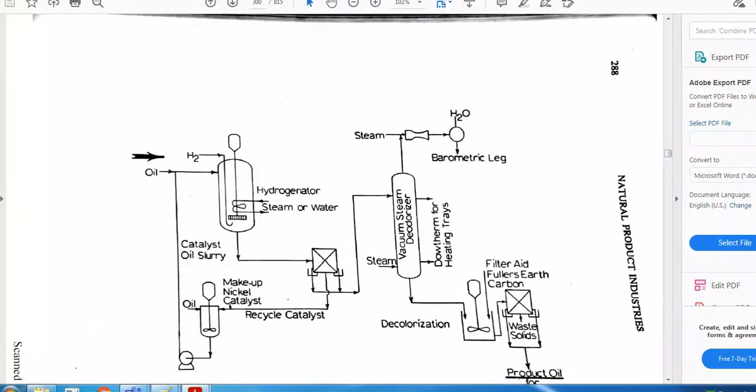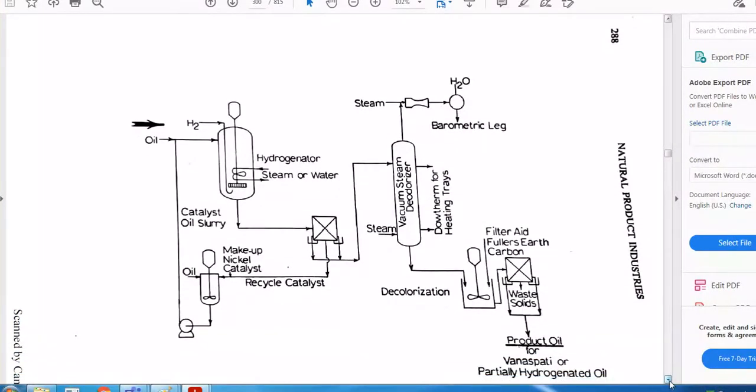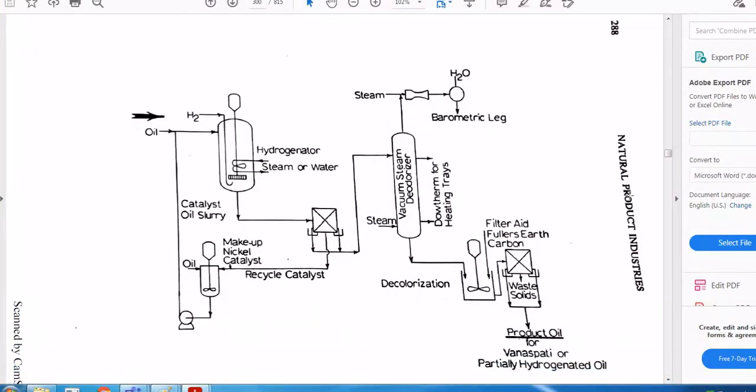This is the most beautiful flow sheet, which I use many times, even in chemical technology 3. Hydrogenation of vegetable oils. Here please remember, in this flow sheet some resistances are explained in the major problems. Don't forget that. If you remember them, it will be easy for you in mass transfer and CRE in chemical technology 3 also. I will use this flow sheet three or four times in our chemical technology 3.